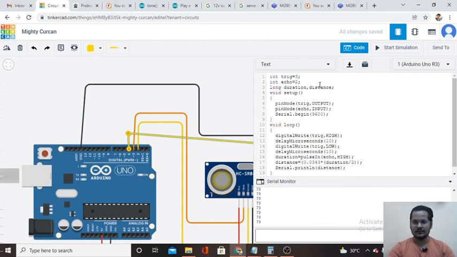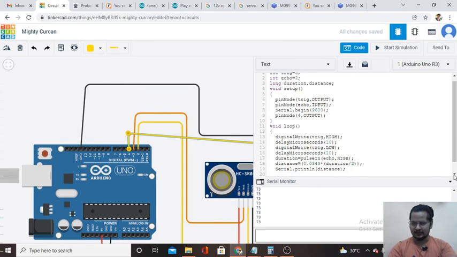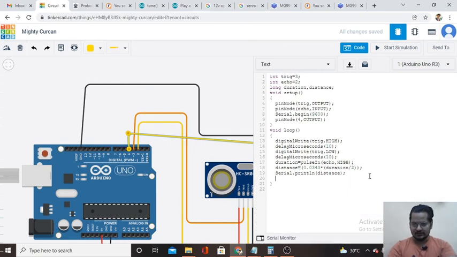Okay, so let me add one more thing. Here we have to declare pinMode for output because the LED is an output device, so we have to write OUTPUT. Then I'll close the serial monitor. If distance is less than 20, then I'm going to turn on this LED: digital write high.